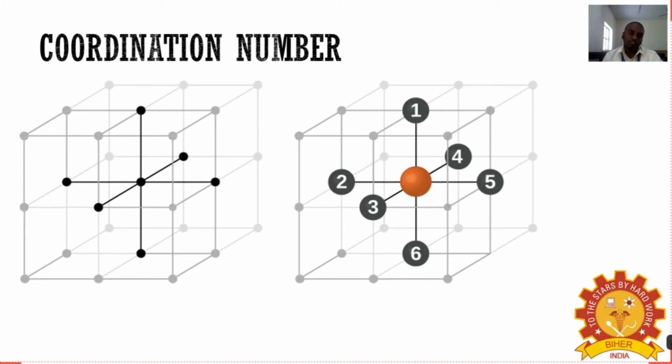In coordination chemistry, coordination number is defined as the number of ions or ligands present around a central metal atom. That is in coordination chemistry. In a crystal lattice, it is the number of opposite ions present in the crystal. Here, if we consider this ball as sodium metal Na+, there are 6 chloride ions surrounding the sodium. This number is called the coordination number in a crystal lattice.